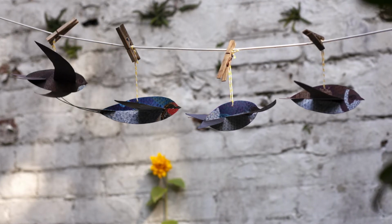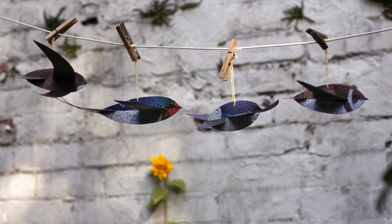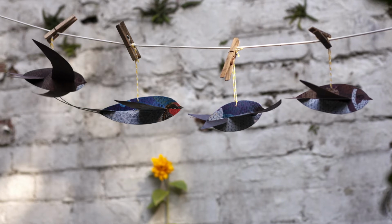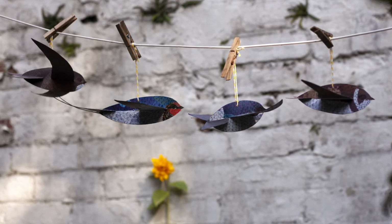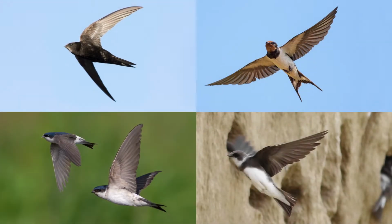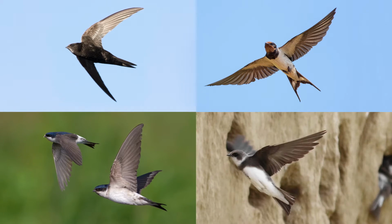Today we're going to look at swifts, swallows, house and sand martins, and the differences and similarities between them. In appreciation, we'll be making some gliders inspired by these amazing birds. They all migrate to the UK from Africa over the summer months to breed, often having more than one brood